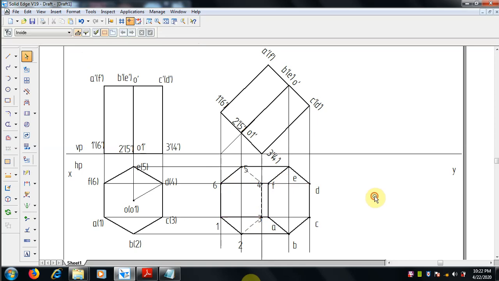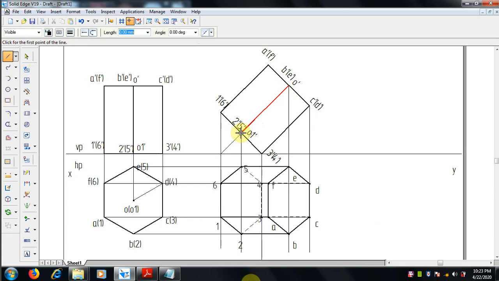0.5 mm thickness. And the line which crosses the visible face is hidden. Okay, these are the lines which is crossing the visible lines, the visible face. Okay, so that should be in hidden, that should be hidden. That is 4 which is joining 4D and 3C. Already the 4 and 3 is hidden, so this line also hidden.